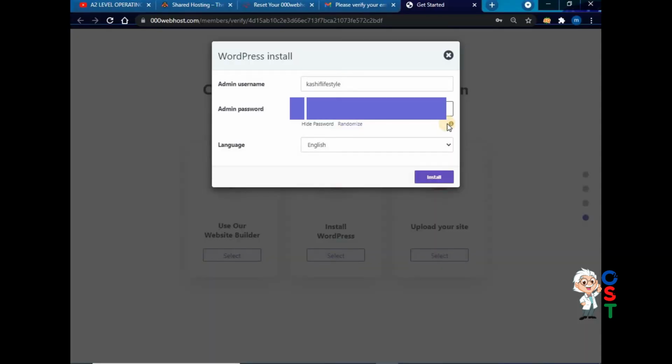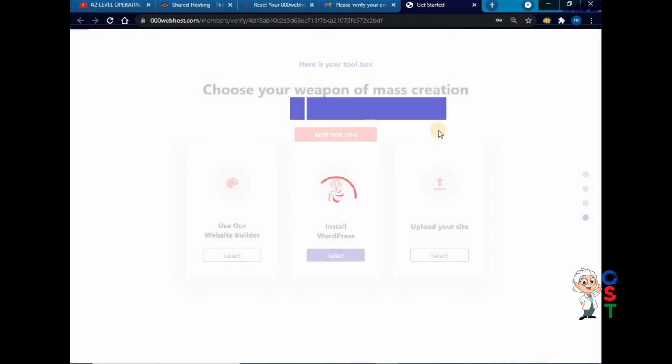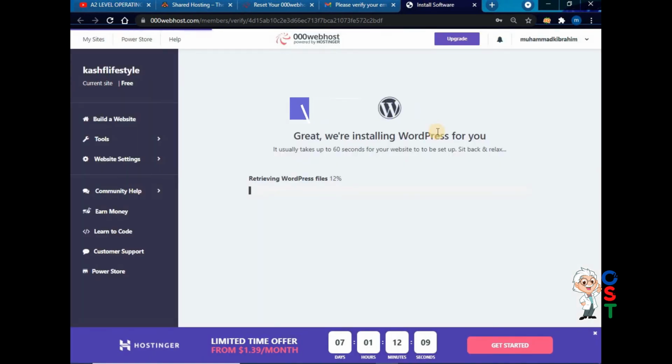Now I have got the install option. Now after pressing the install button, it is processing. Now it has started installing WordPress on my hosting area, that is the space on the hard disk provided by 000webhost company.